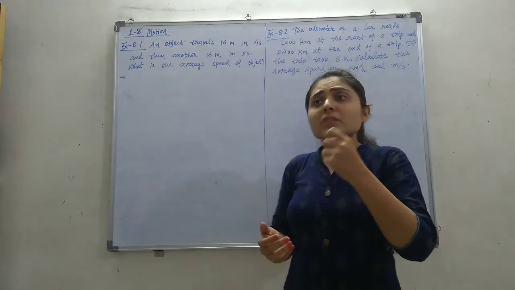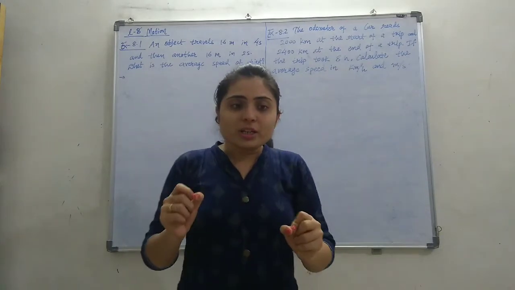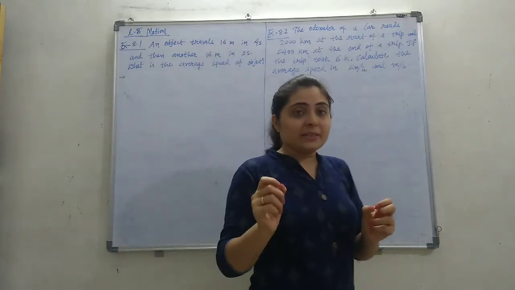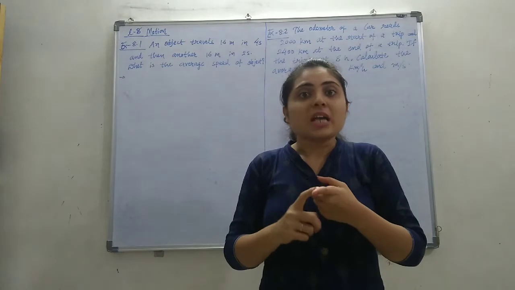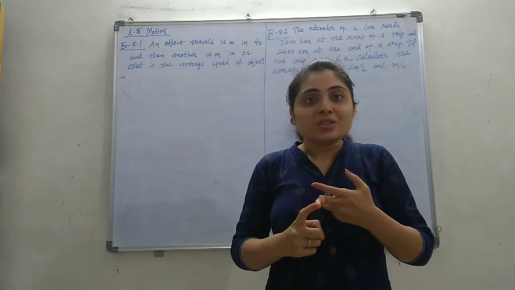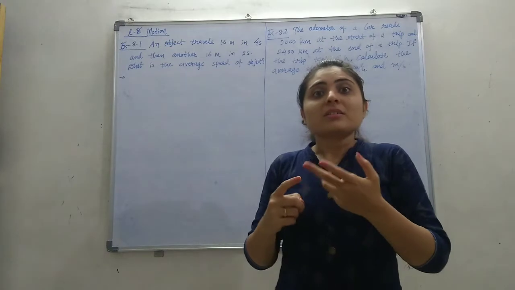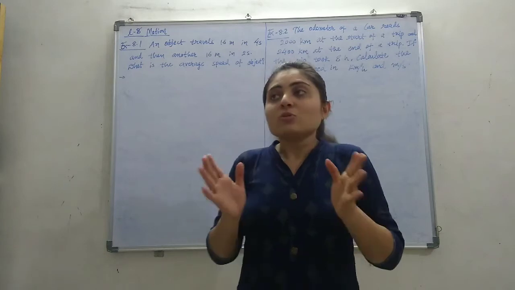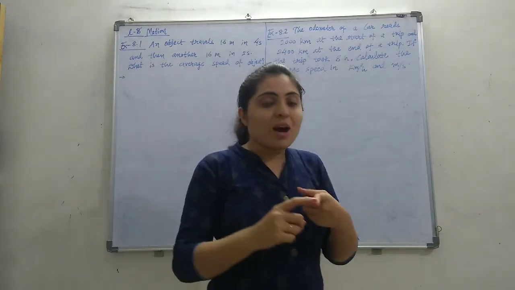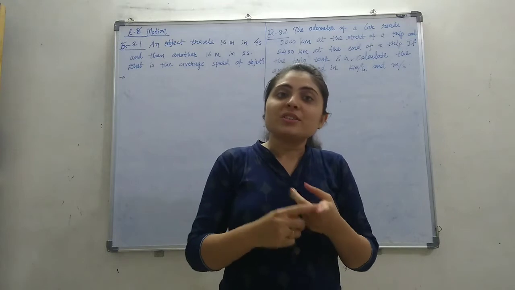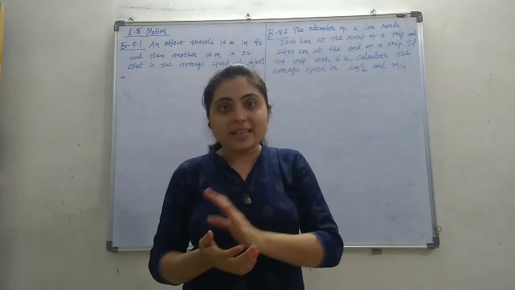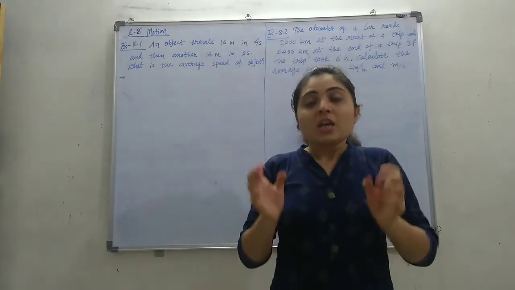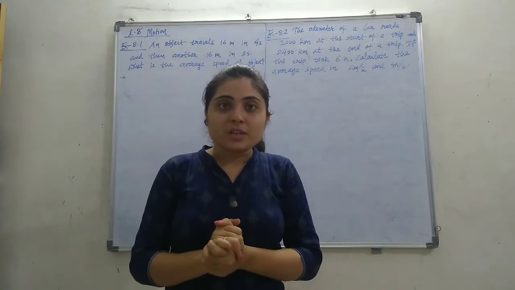In the data we list out the quantities given in the numerical, and then the things we need to find. Second, in any numerical the quantities have some units. Quantities like distance, time, speed, velocity, temperature, mass, etc. are called physical quantities. All these quantities have some unit: mass has unit kilogram, distance has unit meter, time has unit second, speed has unit meter per second. So every time the units are a must.